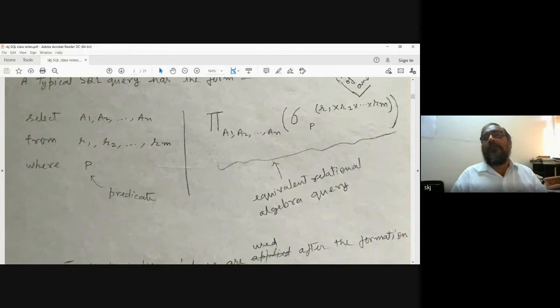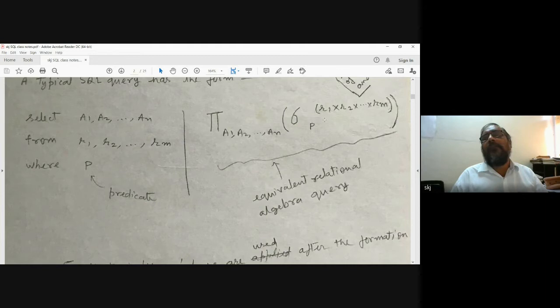Now, this relational algebra expression is equivalent in SQL like this. Select those attributes; here select is written in English, from is followed by the name of the relation, and where the predicate P. Both have an equivalent effect, but the way of writing this is more user friendly than this one.